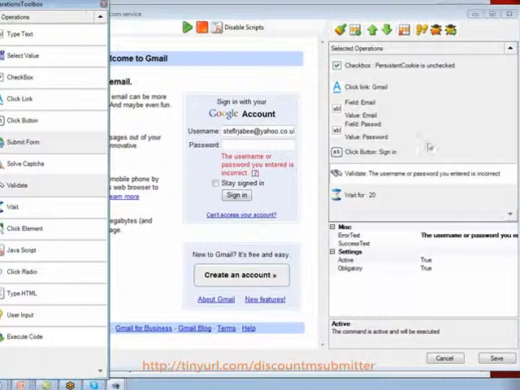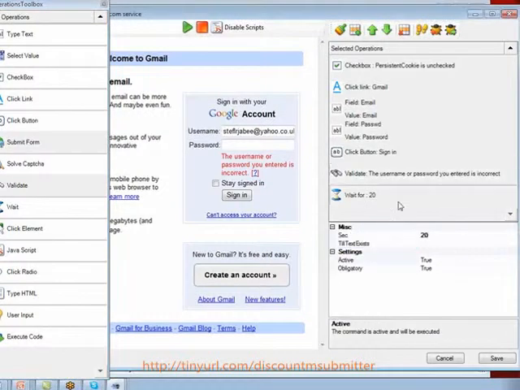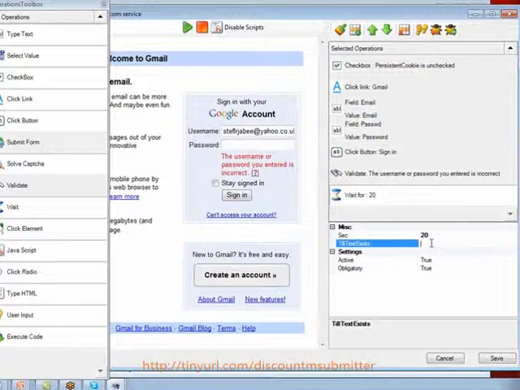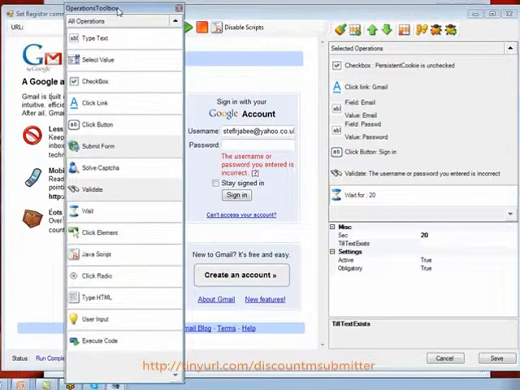Is it clear? Yeah, it's very clear. I've never run into that, but the bottom line is if something loads or there's a certain validation time that needs, then you've got a wait command so that Magic Submitter takes a little bit of time to wait before it goes to the next operation. Yes, and